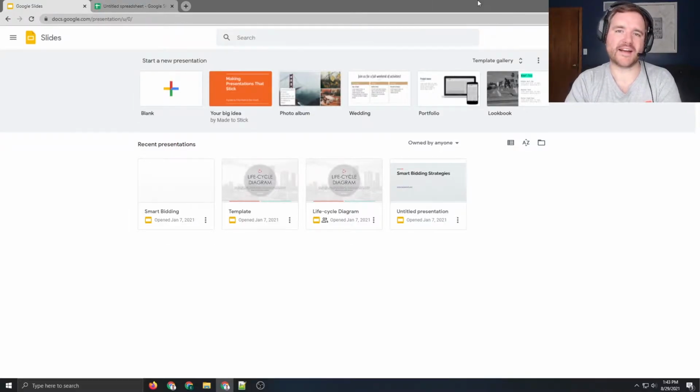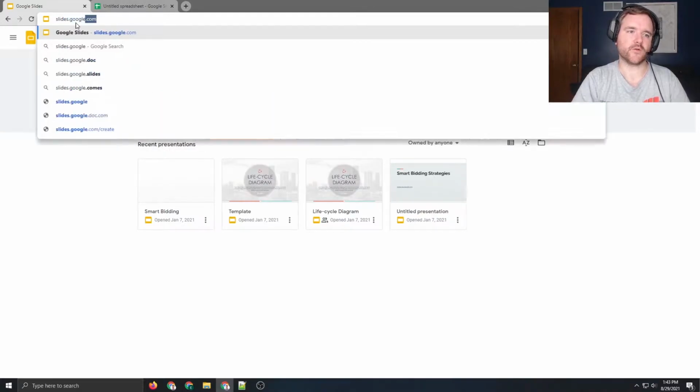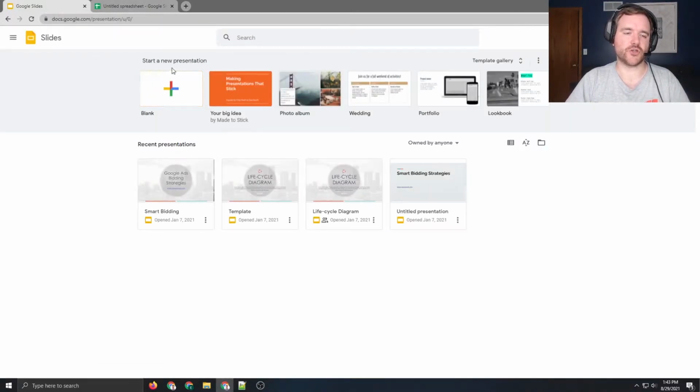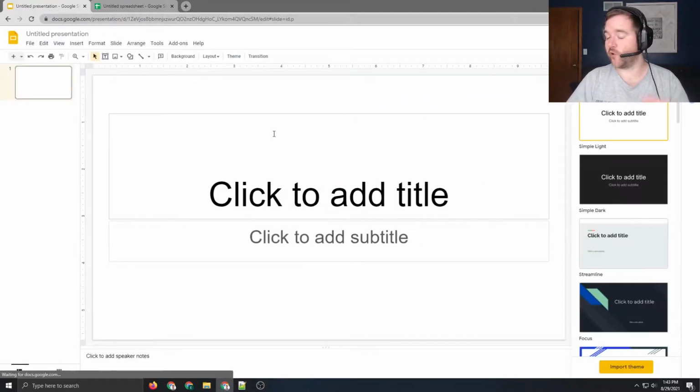In order to access Google Slides, all you have to do is head on over to slides.google.com. You will get to this section right here where you can click on the plus button to create a new presentation, or you can use the Google shortcut and just go to slides.new. And by doing this right away, you'll be brought directly to Google Slides and you'll be able to start